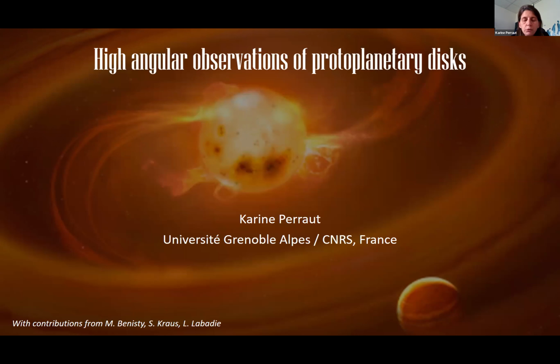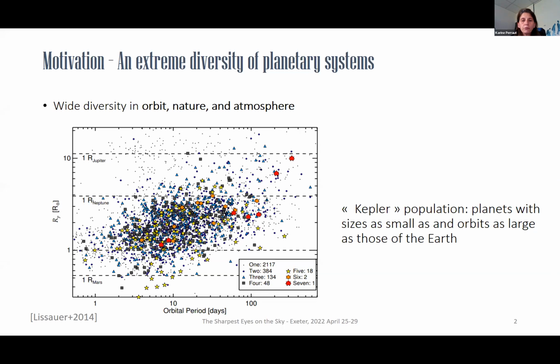So I will give a few words of introduction, even if we already had a nice introduction this morning. Confirmed planetary systems exhibit a wide diversity in orbit, mass, nature, atmosphere, and so on, with super Jupiters separated by tens to hundreds of AU, to compact super-Earth systems separated by a few AU.